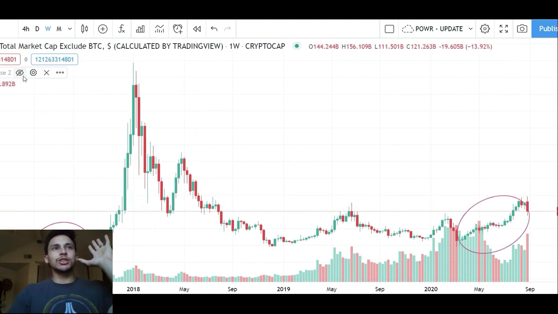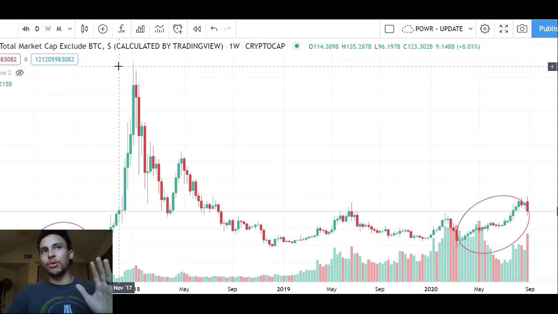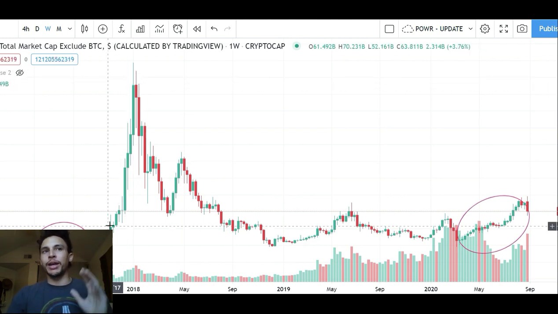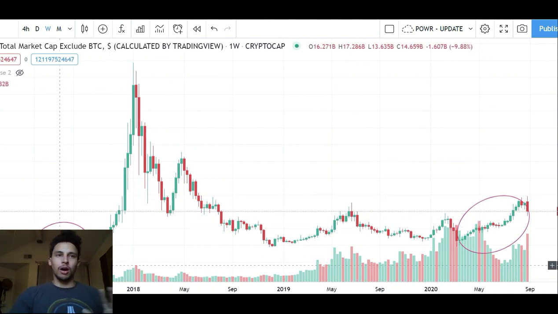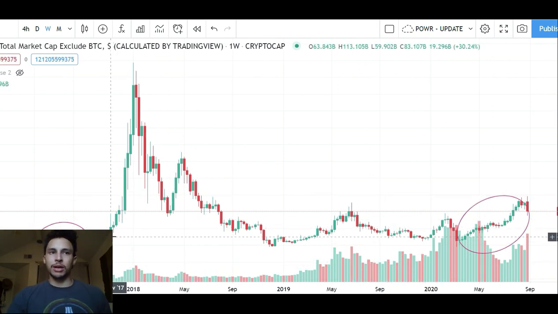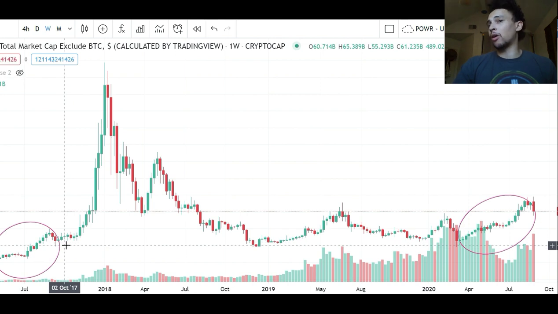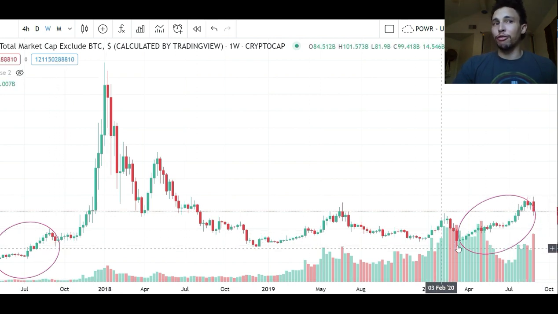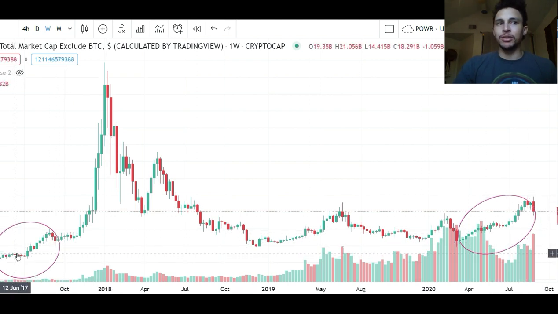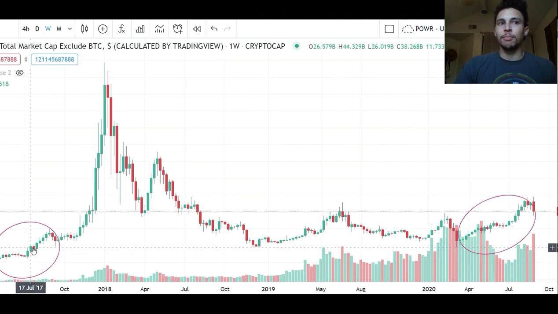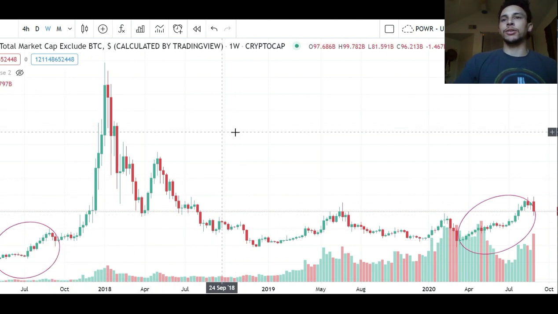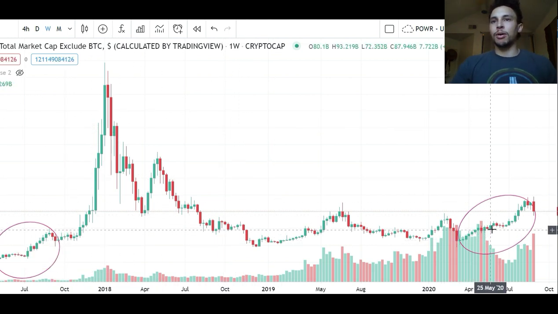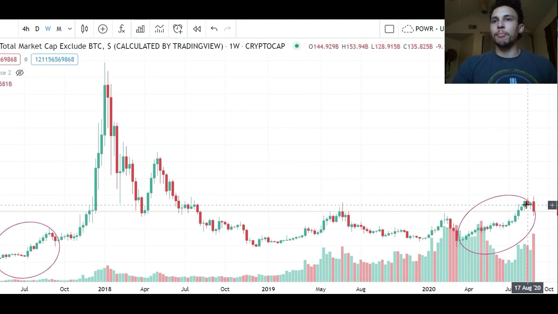Let's get into it. This is crypto market cap excluding Bitcoin, so it's basically a chart of altcoin market cap. So this tracks how much money is flowing in and out of the altcoins over time, excluding Bitcoin. I made a prediction on the altcoin market cap. It's repeating a fractal. We have a bump up in 2017, sell off, bump up, sell off, bump up, big sell off. That sell off was approximately 30%, 25% or so. We have a bump up, sell off, bump up, sell off, bump up, big sell-off.